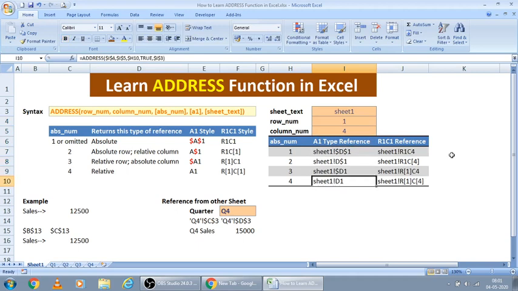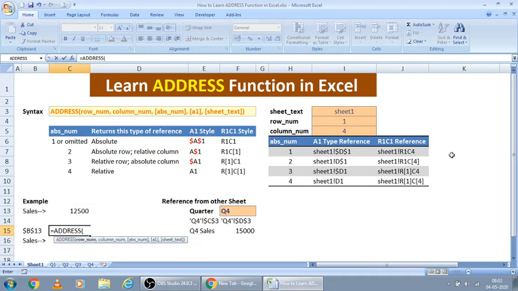Now let us see some examples so that we can understand the address function better. Here some input data is there, sales 2500. Now I want to get this reference here. I will just type address. The row number is 13 here and the column number is, ABC is 3.